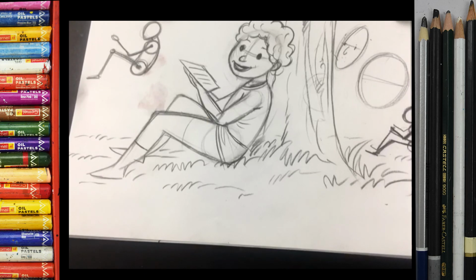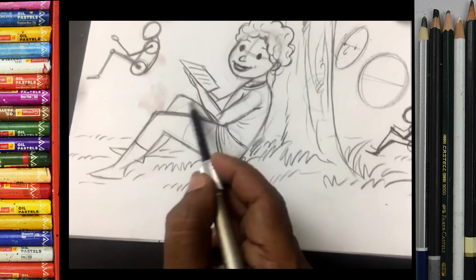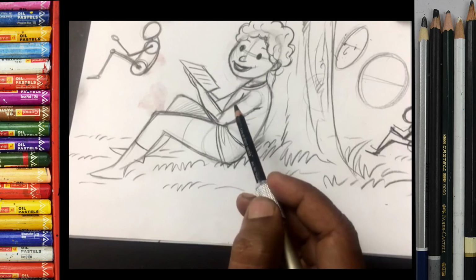Yeah. So we're not doing the shading and all that much. We are going to be creating the character, or how to create